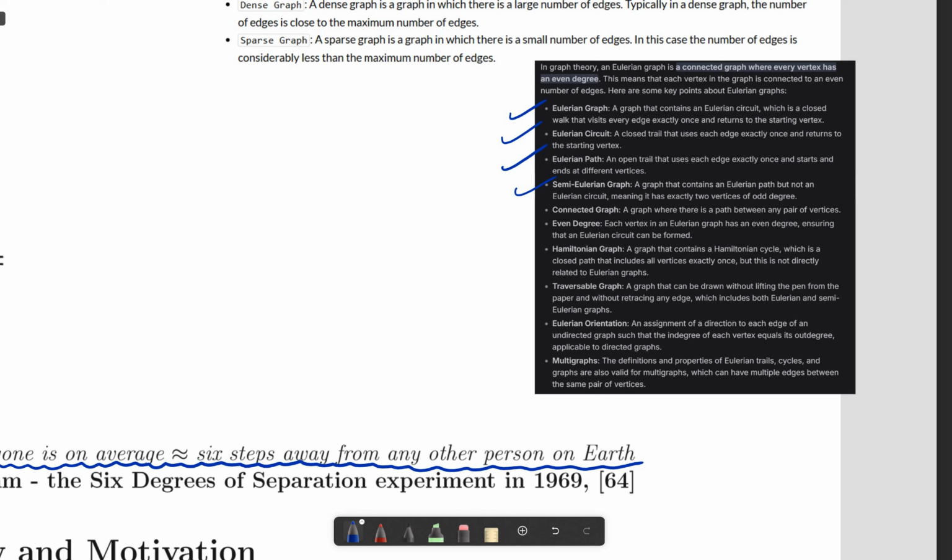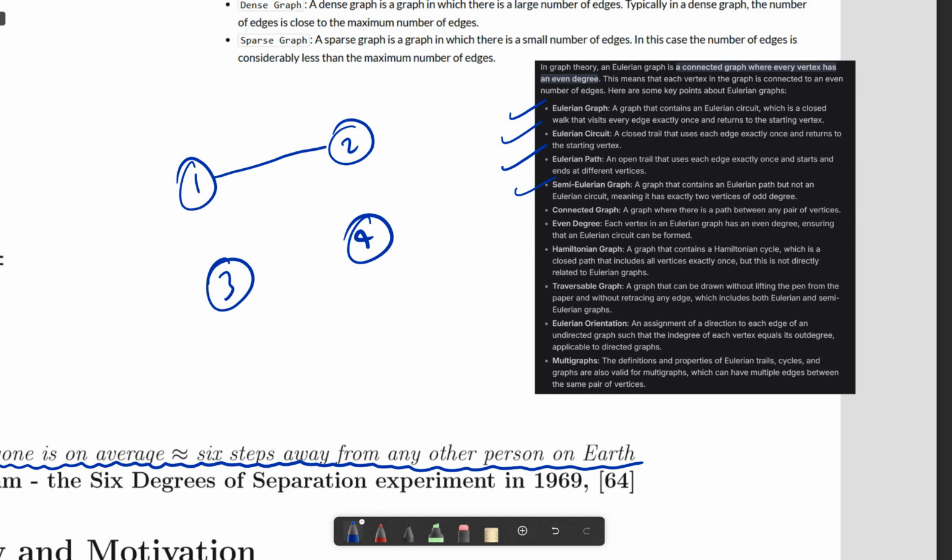a graph that contains an Eulerian path but not an Eulerian circuit. Okay, so what does it mean? It has exactly two vertices of odd degree. What does it mean? It means that it has an Eulerian path but not an Eulerian circuit. So by this what I mean is,